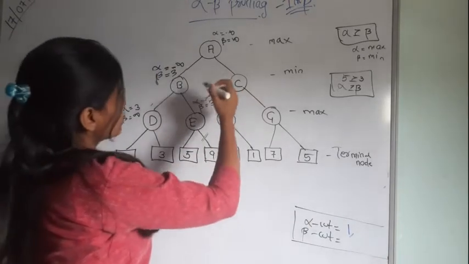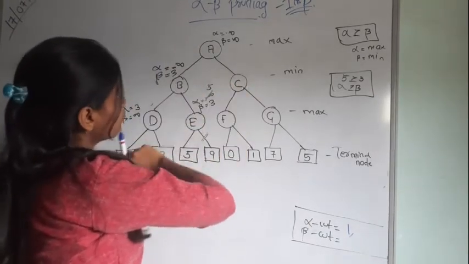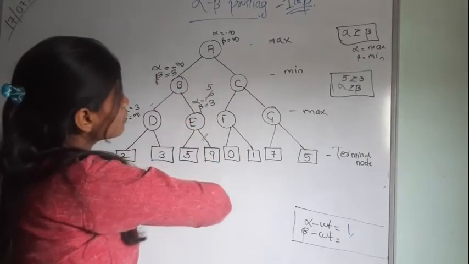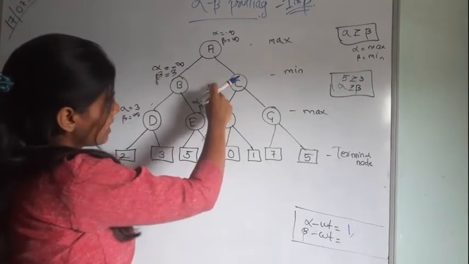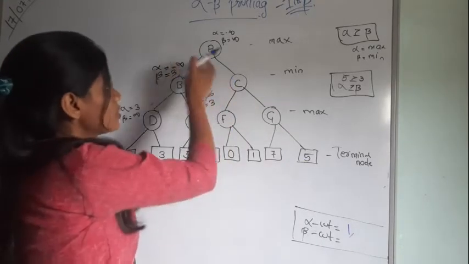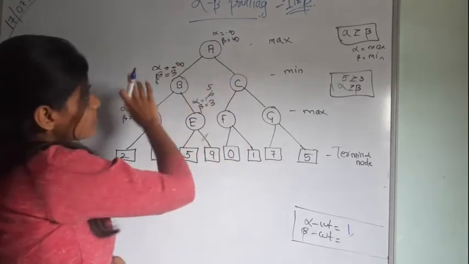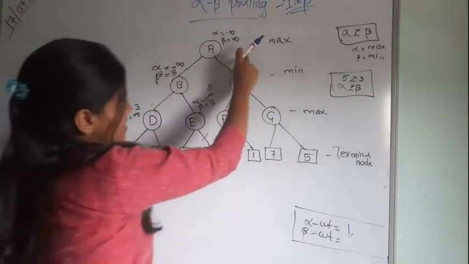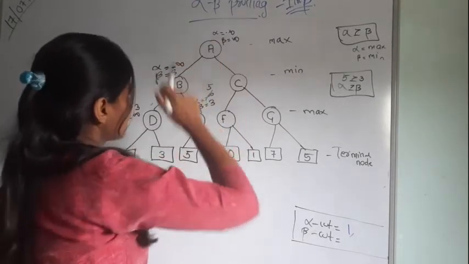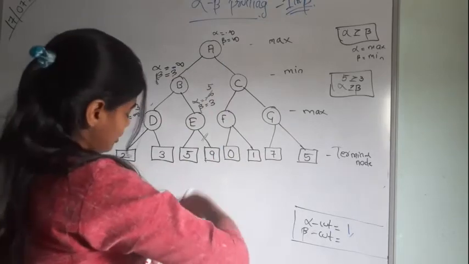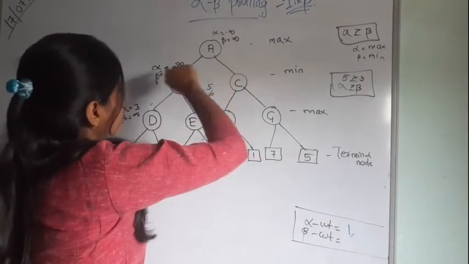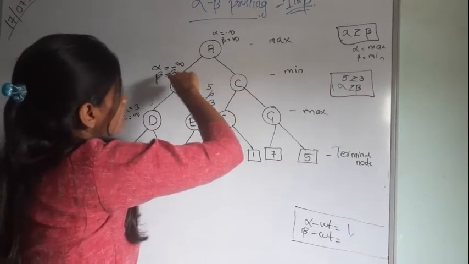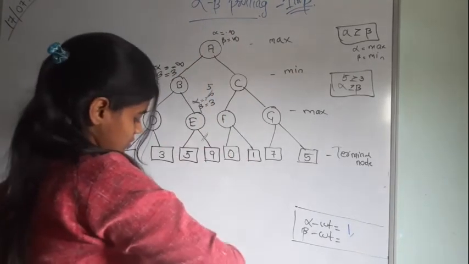Then we can see here 5 and here 3. Now it is the minimum layer. So for beta, which one is lesser? Beta is 3. Which one is lesser? Is 5 lesser? No. 3 is equal. So it will be put as it is. Now we will go upward. Here you can say maximum. Alpha is minus infinity and here beta is infinity. But you can see here that only the alpha value will change. So minus infinity and 3, 3 will just be put here.